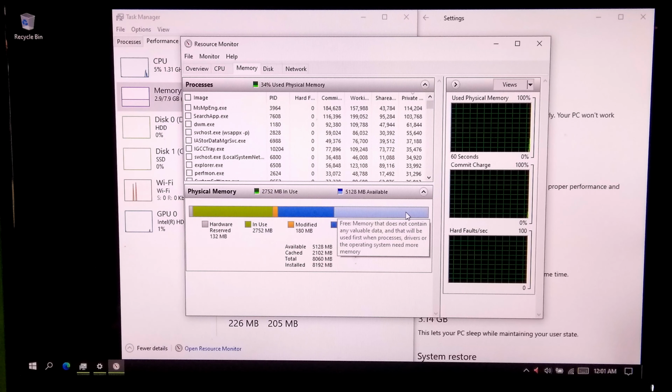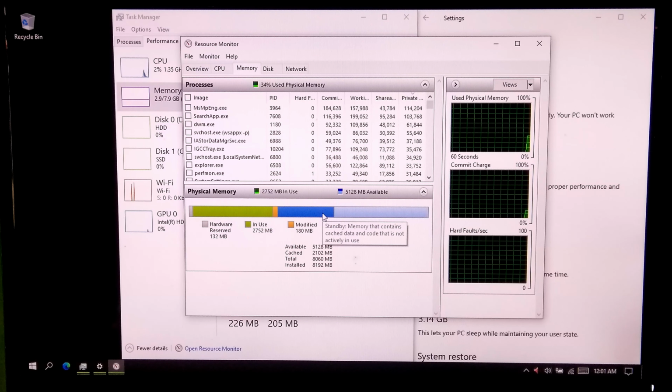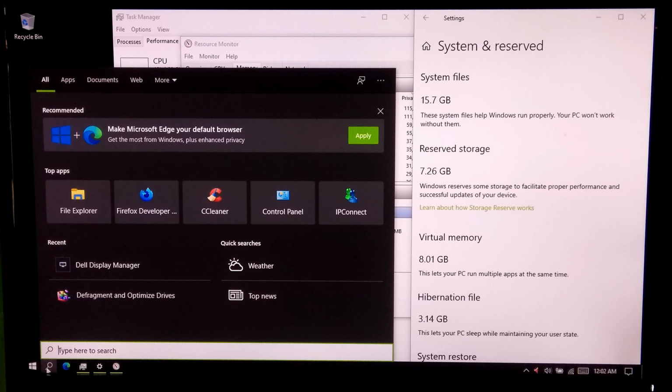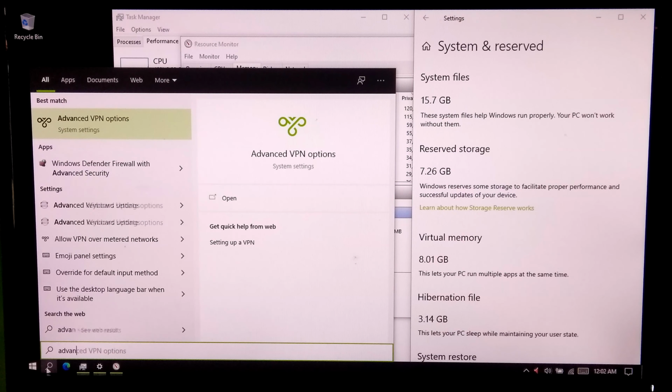In case extra system memory is required when you are running multiple programs on the computer, the system automatically manages this virtual memory area on the hard disk just as an extension to RAM. However, now let me show you how you can increase this virtual memory manually. Okay, go to the Windows search box. Type Advanced System Settings and press Enter.